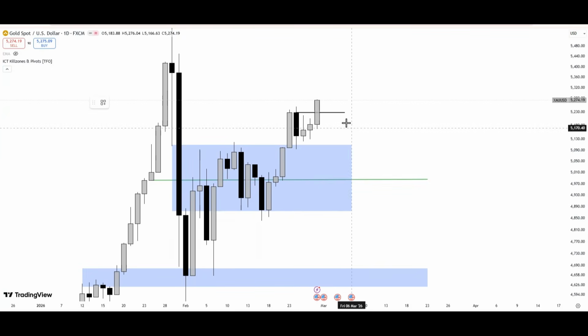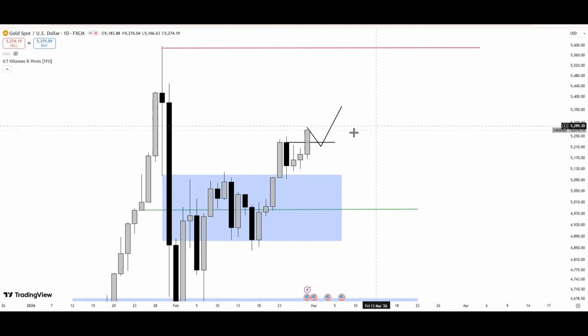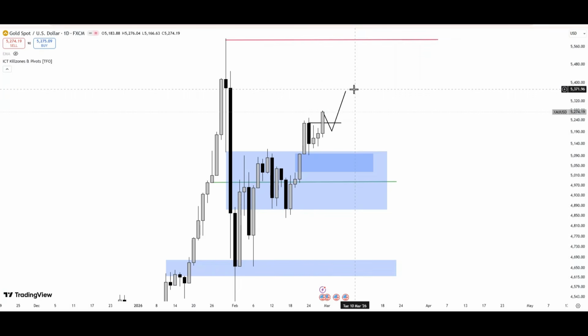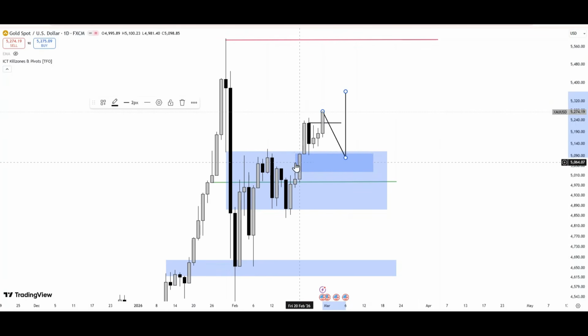It can be nice if actually price uses this to push price higher, or the week opens and we see bullish fair value gaps getting created, and price using that bullish fair value gap to act as support to push price higher. So gold can still retrace all the way to this fair value gap here. I can allow that, so we can sweep this low, tag this, and continue going higher. I wouldn't want gold to invert this bullish fair value gap.